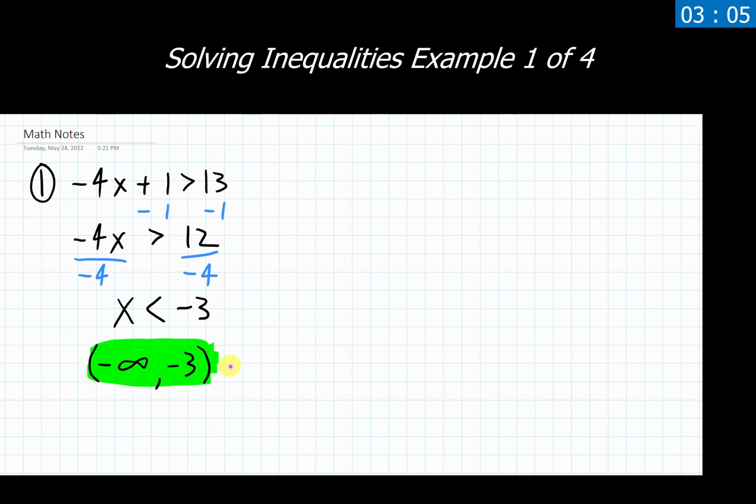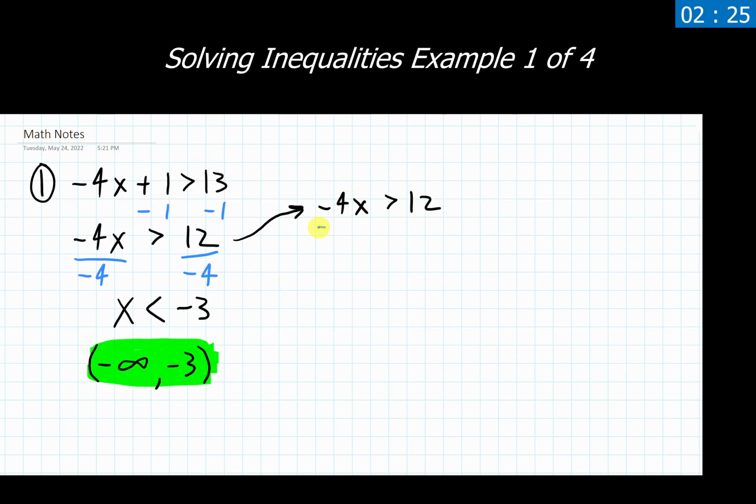for example 1. Now I do also want to go through and just once show why it's the case that we need to flip this inequality. I'm not going to do this in the future examples, but I just want to see where this comes into play here. So let's say we're starting at this part again. And maybe you're someone who's in the boat of saying, I don't want to have to worry about when and if I need to flip this inequality back and forth. I don't like dividing or multiplying by negatives because I don't like flipping, so I'm going to get rid of this in a different way.